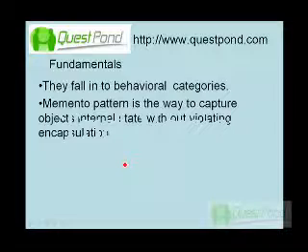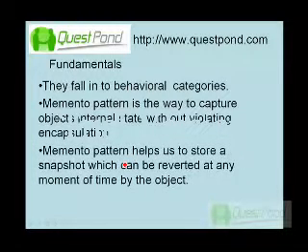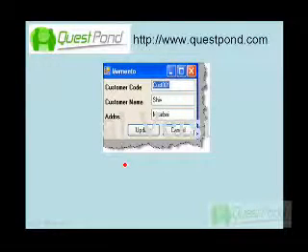Memento is the way where we can copy an object's internal state, and in case there are some problems, we can revert that object back to its original state. For example, say you are on an update customer screen, and I have pulled out a record called cus001. I change Shiv to Shiv Prasad, but I think I've done something wrong, and I press cancel.